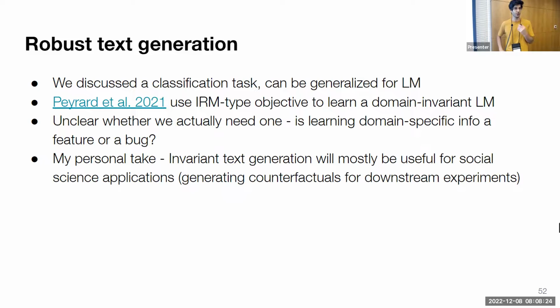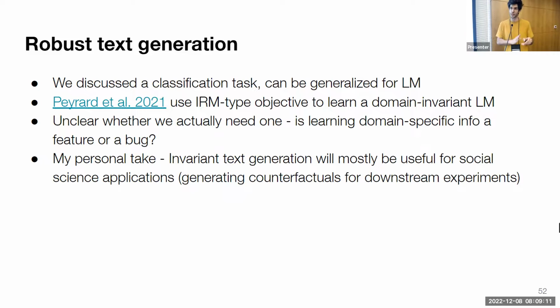One thing you should think about when I'm saying these words is that this is often useless. When we prompt GPT-3 or whatever model and we want to get some answer, using some specific environment-specific information is a feature and not a bug. Or think about it in a different way: having a model that is not able to use Wikipedia-type language as opposed to Twitter-like language, and has no understanding of the differences between a tweet about some subject and a Wikipedia article for it, is not something that we will want. So maybe in the context of text generation, it's very hard to think about the usefulness of removing this type of environment information.